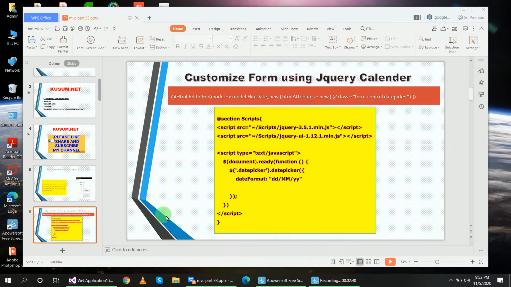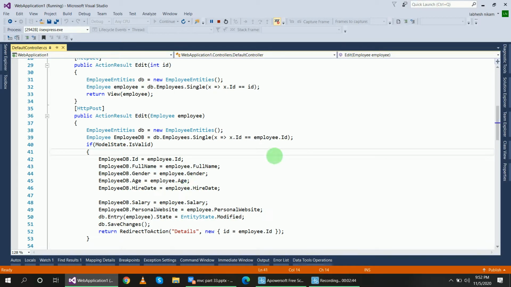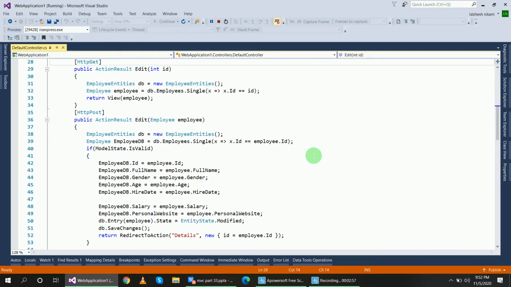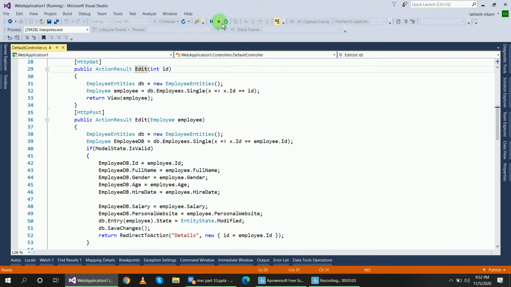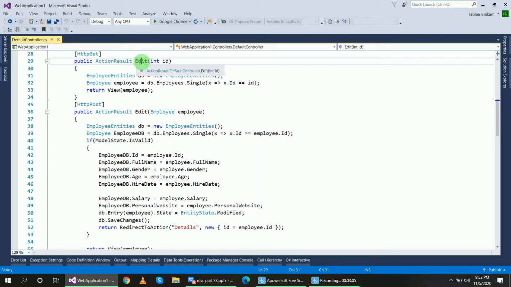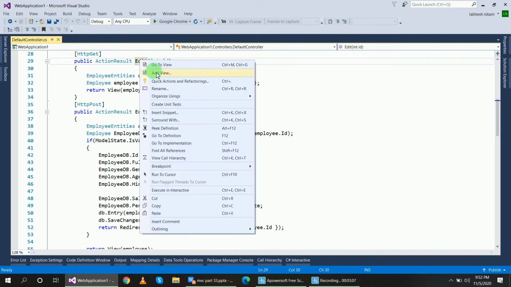So let's flip to Visual Studio. This is my default controller. Inside this default controller I have this Edit method, to update and display the edit form. Right click on this Edit method and add view.